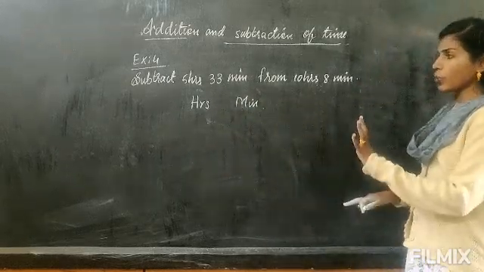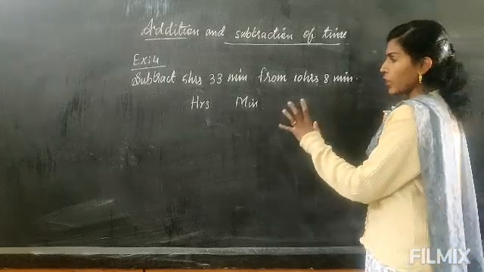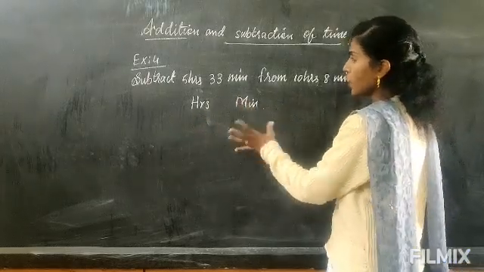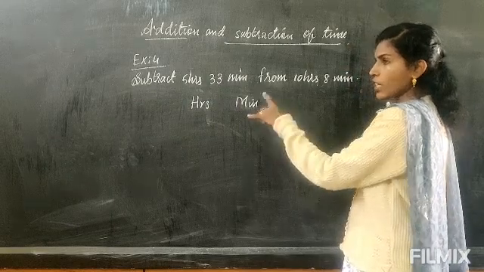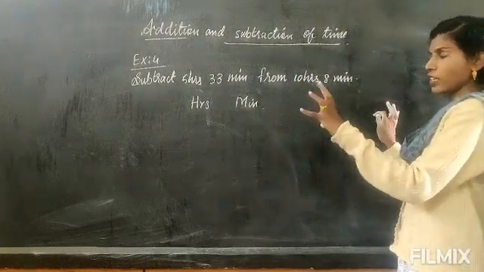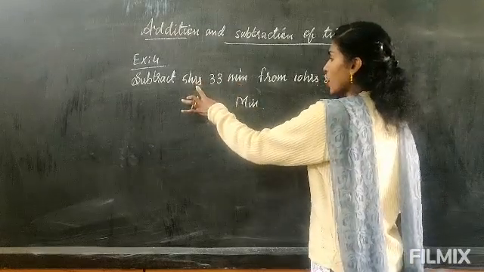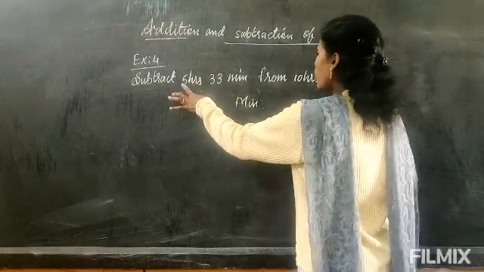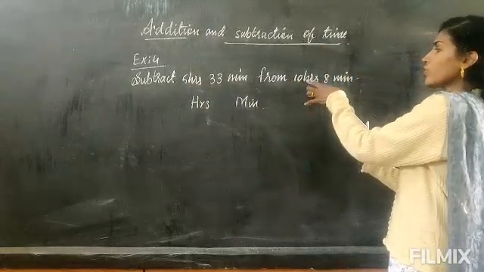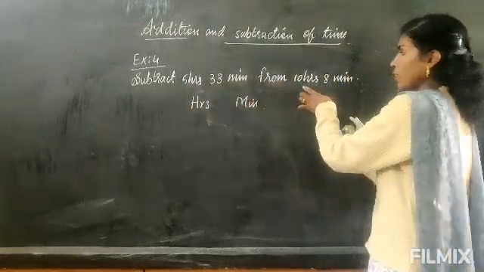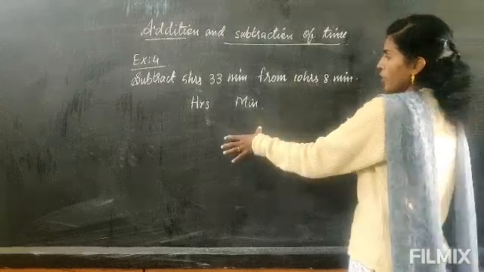And next we have to be careful. We have to write the values. This is subtraction, so we have to write the bigger number first. You see the higher units, no? So in hours and minutes, which is higher? Hours is higher. So in this higher unit you compare. Here 5 hours, here 10 hours. So 5 and 10 hours, which is big? 10 hours is big. So this number we will write first.